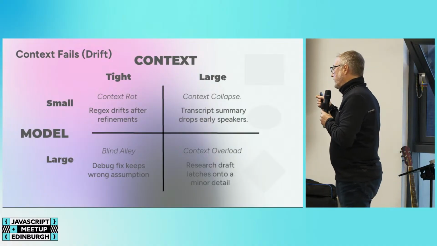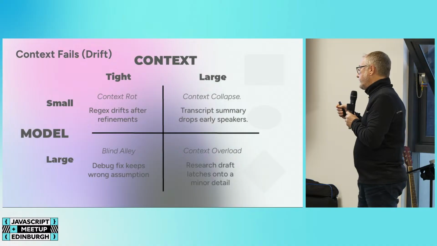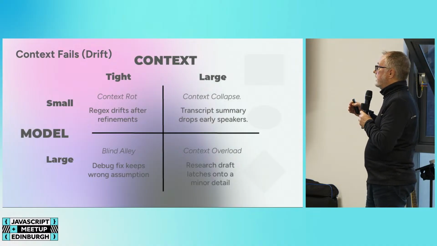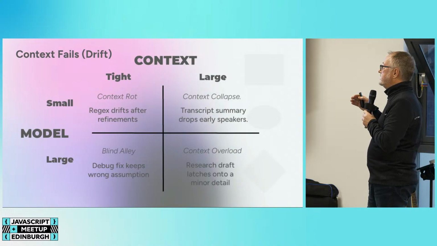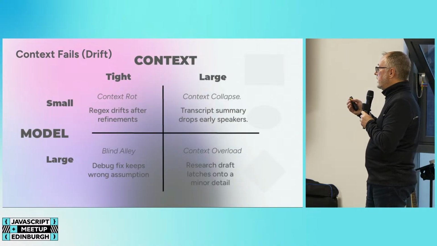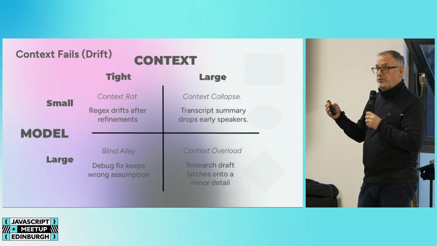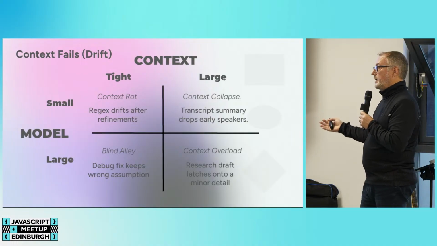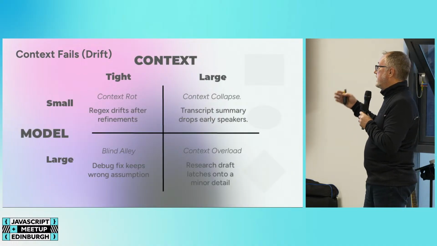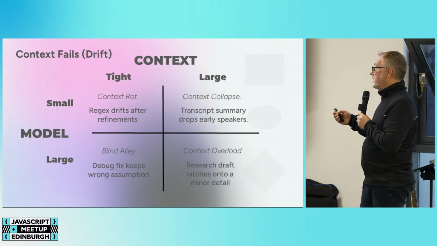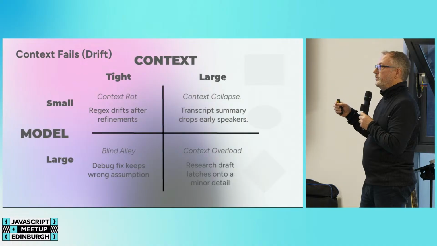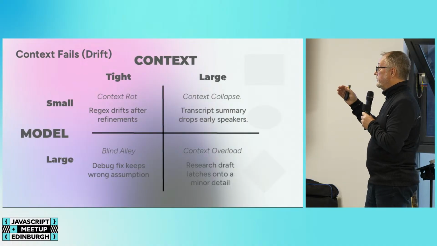Top right, a small model with a large context. You hit collapse, context collapse. So if you imagine you've got a transcript of a conference, and it's a whole day's conference, if you've got a context collapse, you could drop off certain bits,